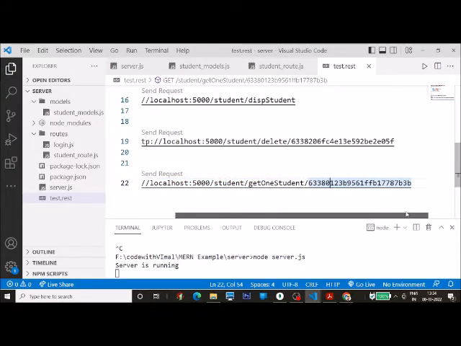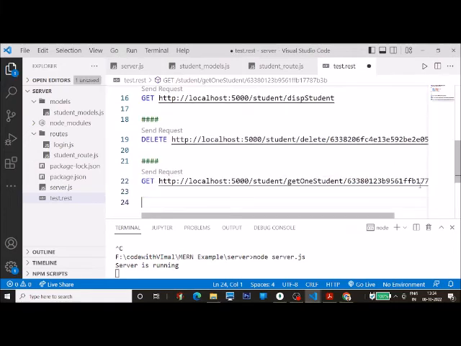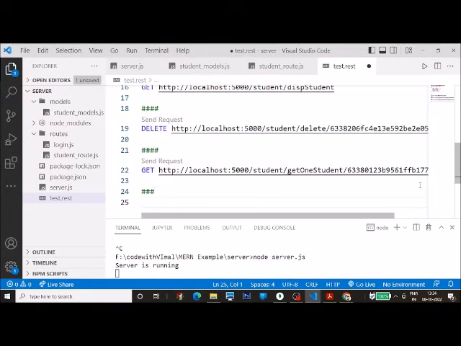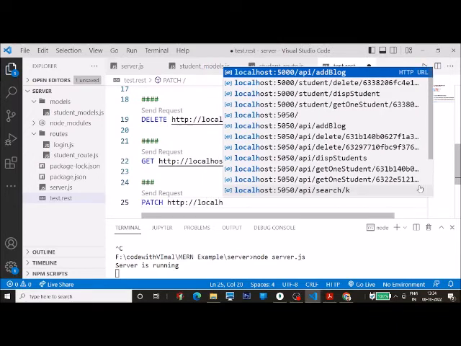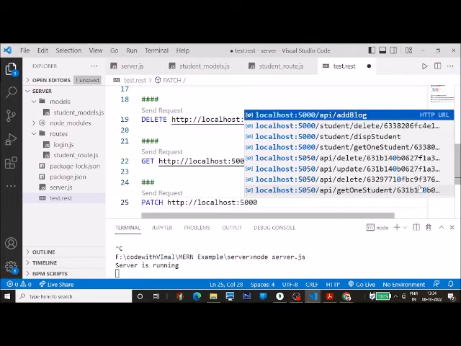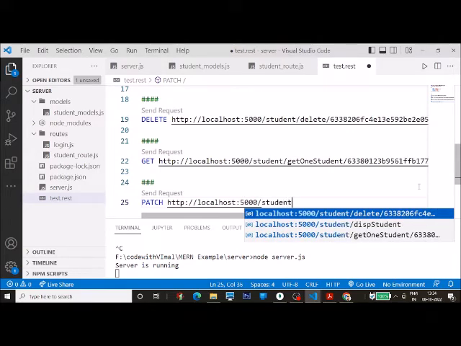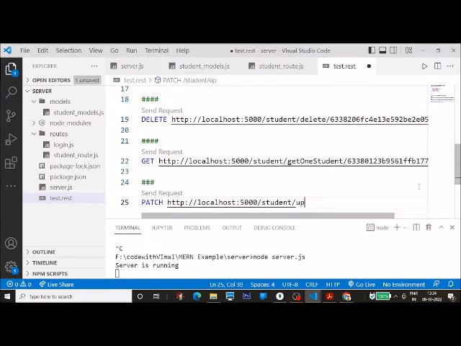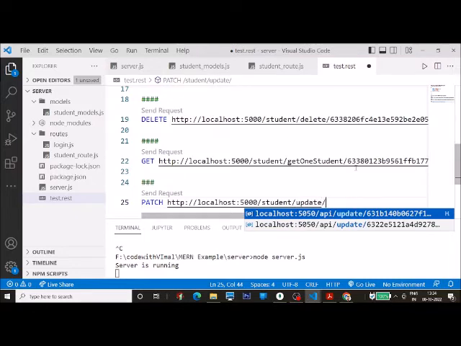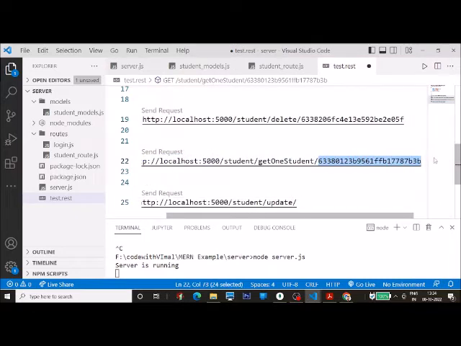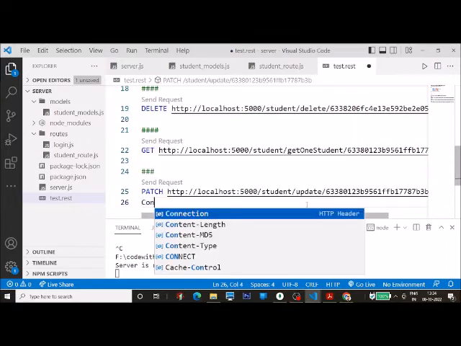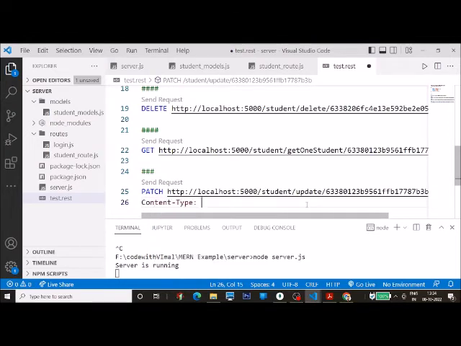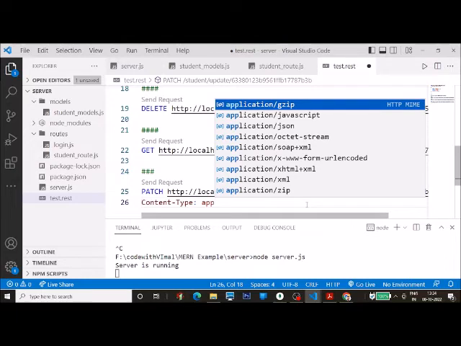For this only we'll do that. So I will come over here, I will write down 3 hashes, so it will be a new value. Here I will write down, say for example, fetch http://localhost 5000/student/update/. I want to update this value only, so I will write down this only here. After that I will write down, say for example, content type. My content type is application JSON,